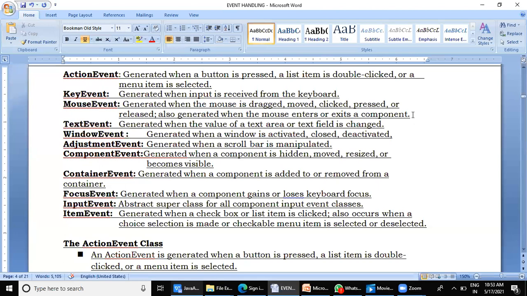So to make it more user friendly, it has changed its shape to an I. Now when I take it outside this particular area, it changes its shape back to the arrow shape, isn't it? So this is happening with the event called mouse entered. When the mouse enters this area, the shape changes to I. When the mouse exits this area, the shape changes back to the arrowhead.